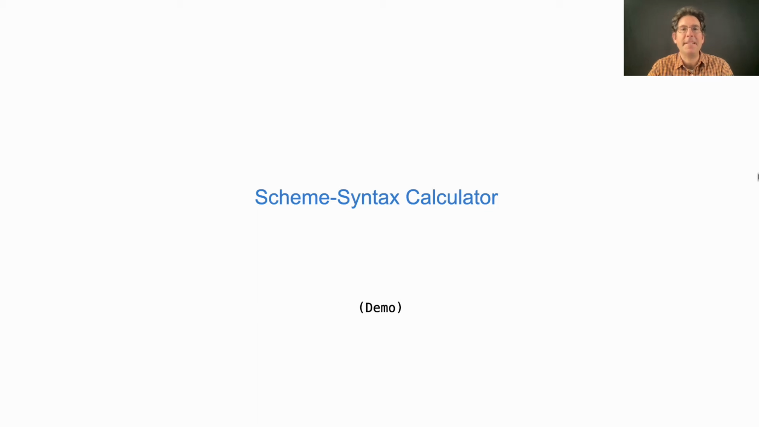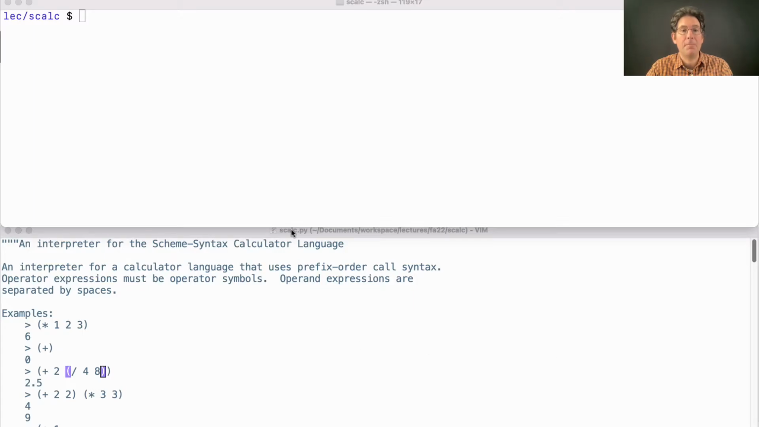A scheme syntax calculator is a scheme interpreter that does not support many features of scheme, but does include the arithmetic operators of scheme: plus, minus, times, and divide, as well as call expressions, which can be nested. An interpreter for this language is stored in